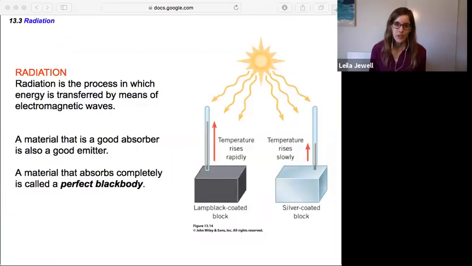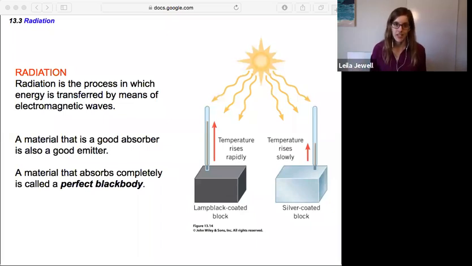Section 13.3, radiation. This is our third and final heat transfer mechanism, radiation. Radiation is the process in which energy is transferred by electromagnetic waves. A common example of an electromagnetic wave is light. So sunlight, for instance, radiates energy. That's why if you go outside on a sunny day, you can feel the heat coming